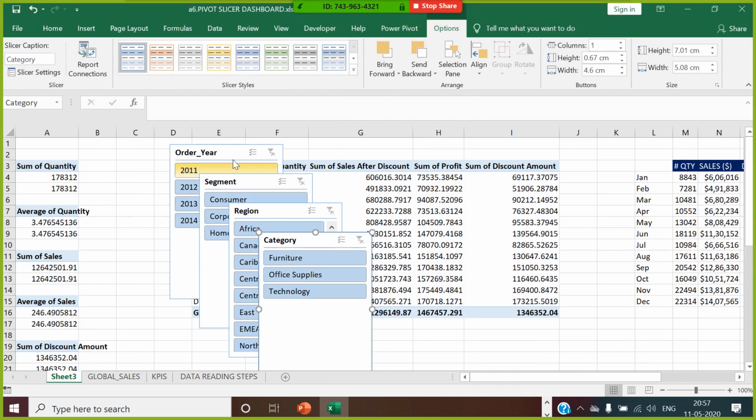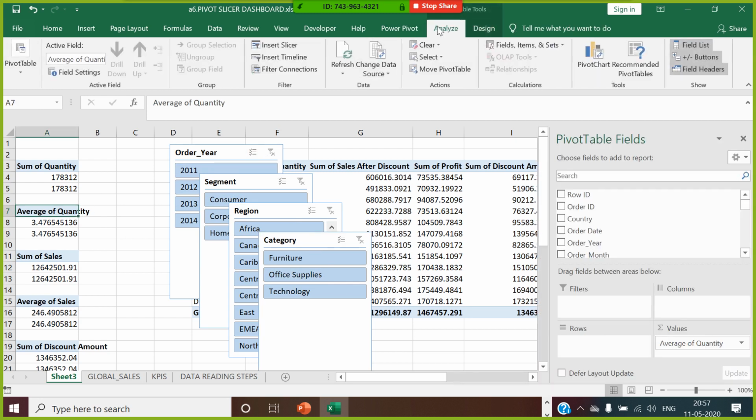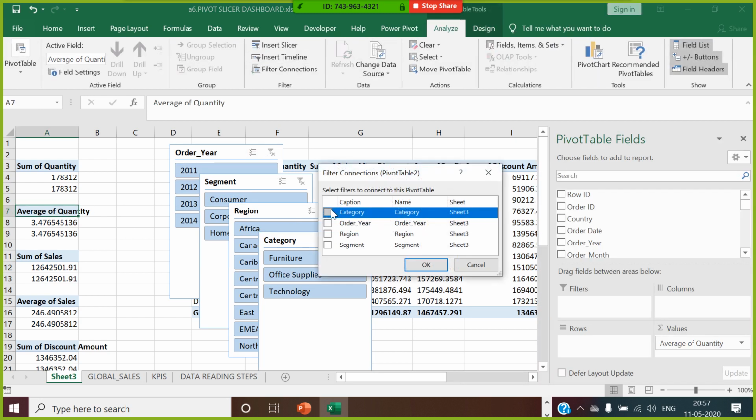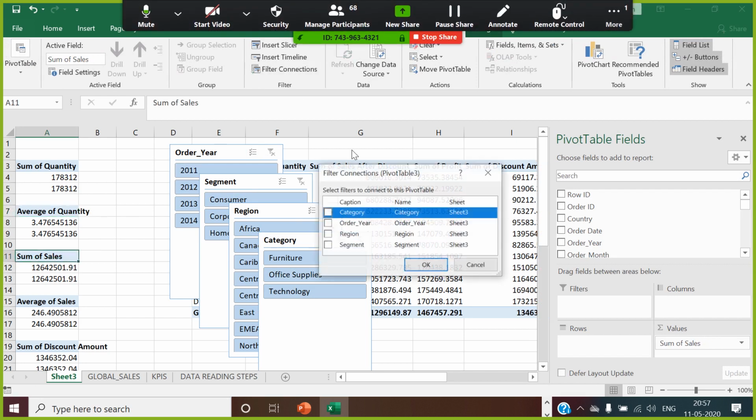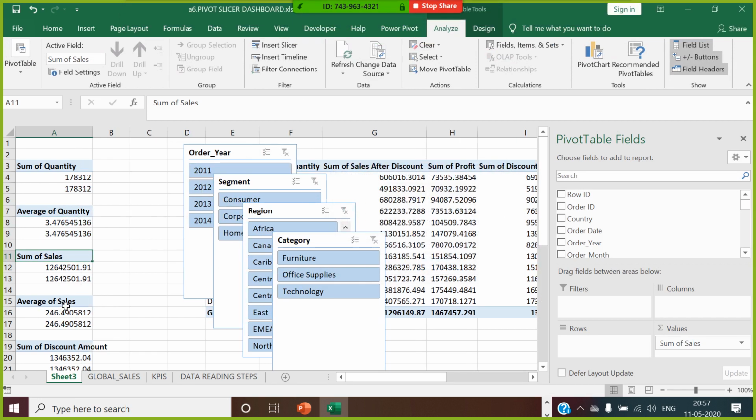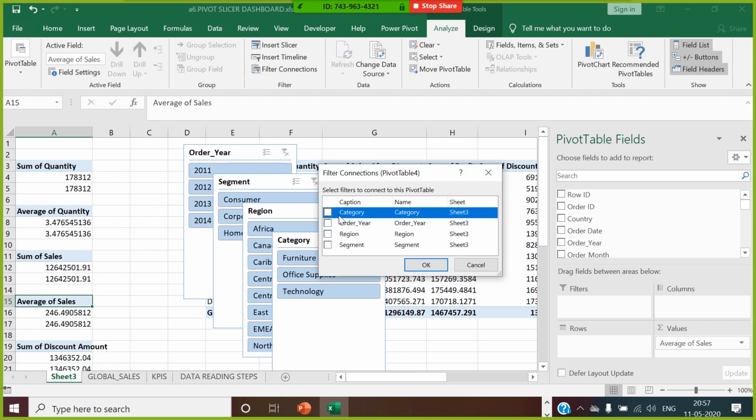So these are the slicers I have created. Now I will go to each and every pivot table where I'll give a connection to all these four filters. So every pivot I have created would be connected to those filters. One by one I'll go for doing this.